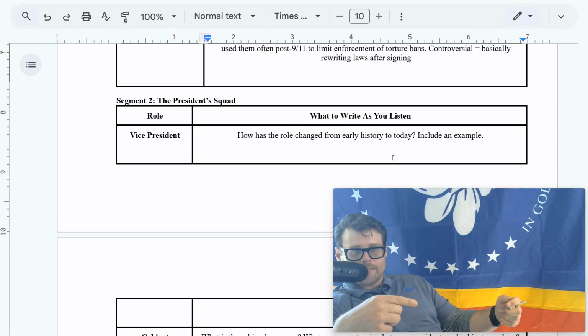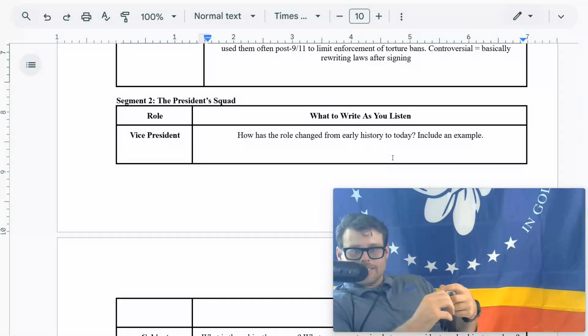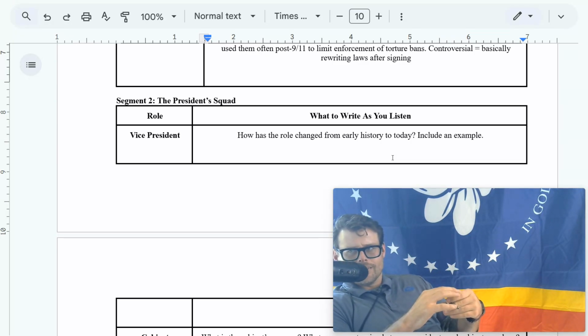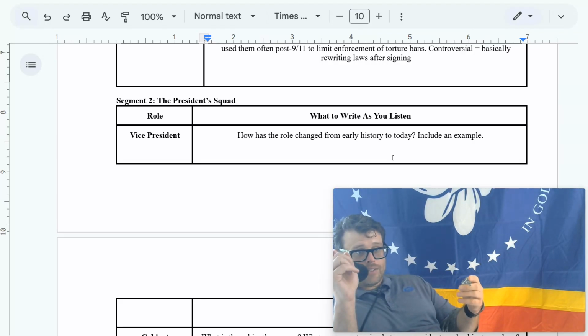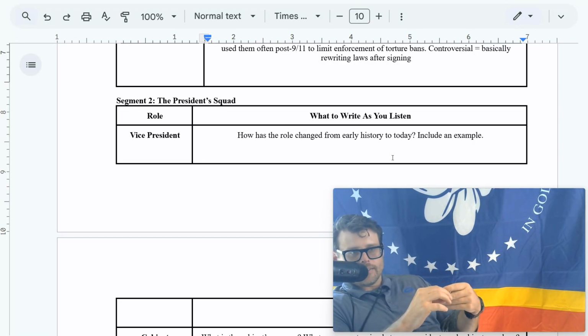All right, so vice president, once upon a time, guys, was the most boring job ever, right? I believe it was John Adams who literally called it the most insignificant office ever contrived. He said, I am nothing, quite literally nothing, but could potentially be everything if he became president. But now, vice presidents matter.